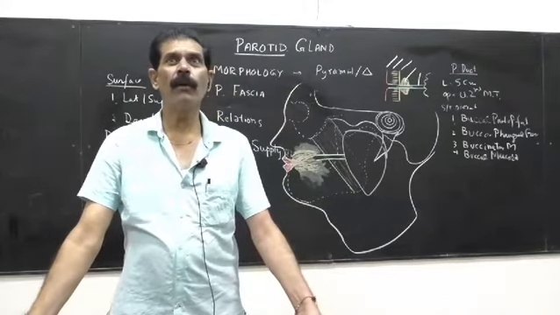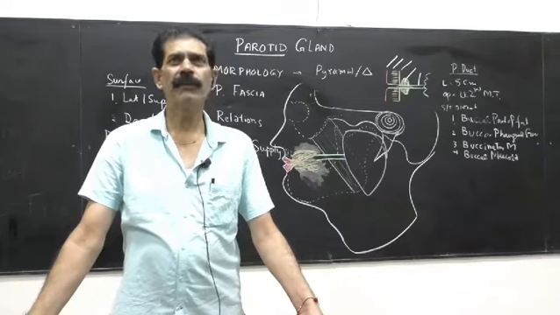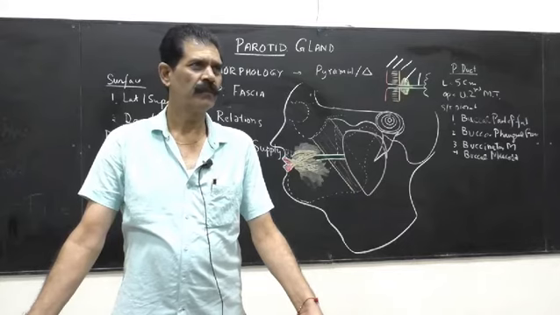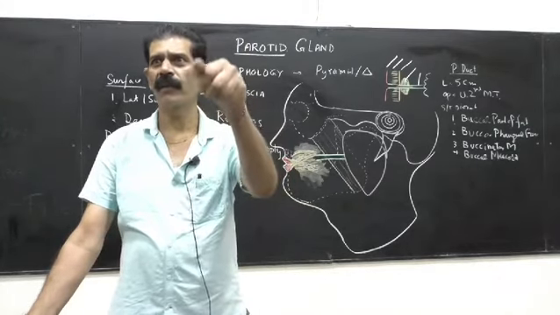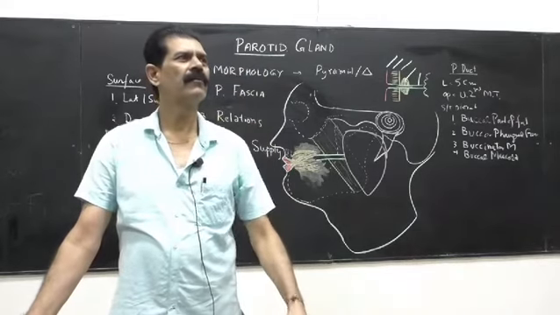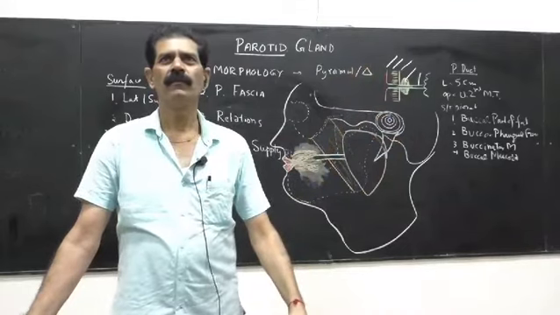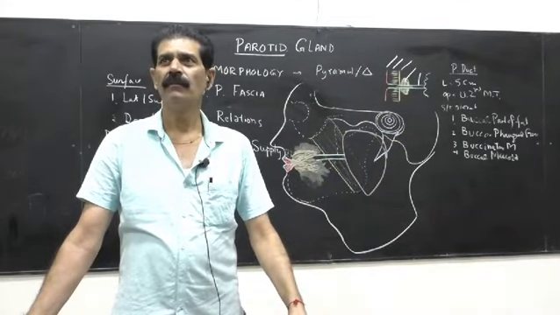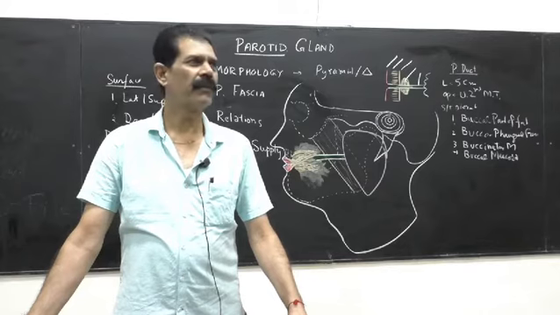More diagrams, more marks you will get. With 2, 3, 4 diagrams, the examiner will be very, very happy. So practice diagrams all the time and bring color pencils. I have told you on the first day in the lecture theatre, whatever colors I am using here, use the same. Don't make a mistake in the final exam. Otherwise you will make yellow color veins and blue color nerves. You get 0 marks.